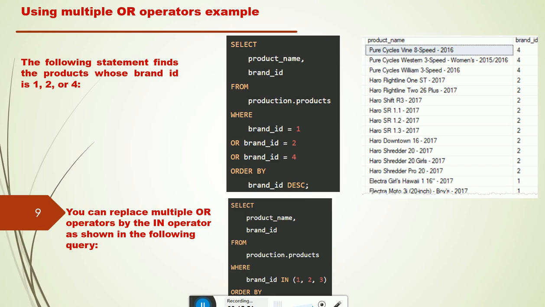In both cases you can retrieve the same output. I hope it is clear to everyone. Now we will move to the next slide.